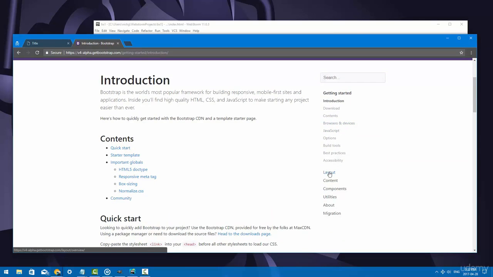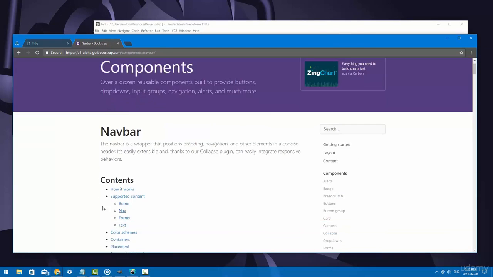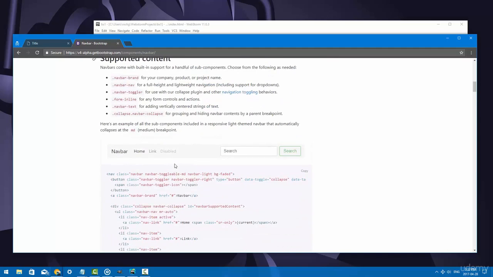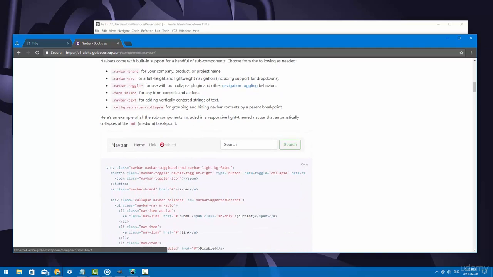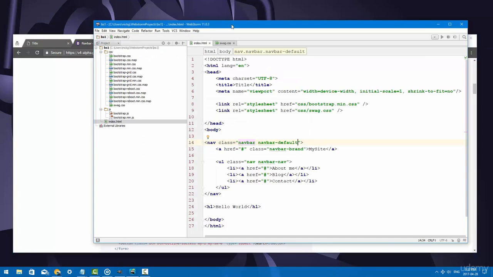So, components, let's go to navbar. All right. So this is what it should look like. And I guess navbar gets these new classes, navbar-light and bg-faded, to look like this. Let's go ahead and add these. So instead of navbar-default, this is going to be